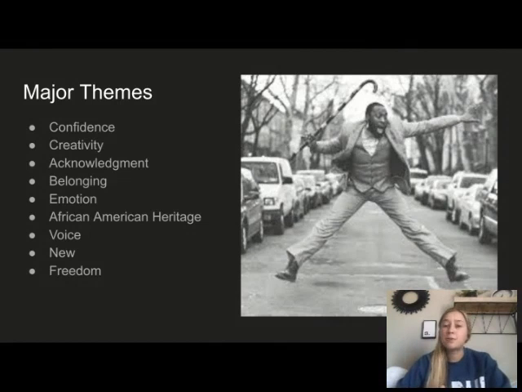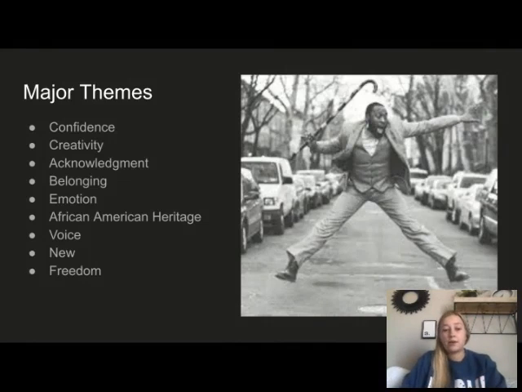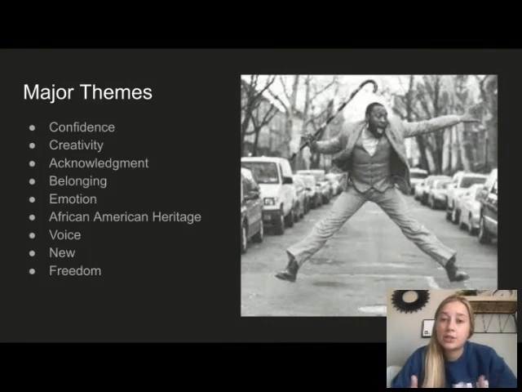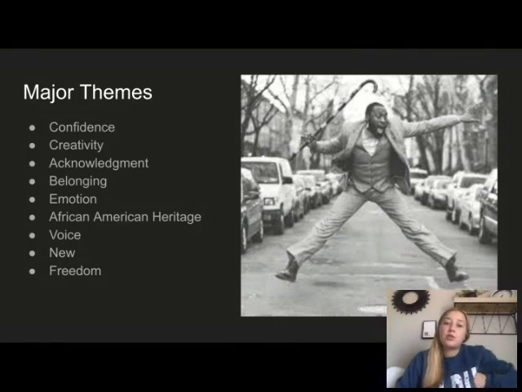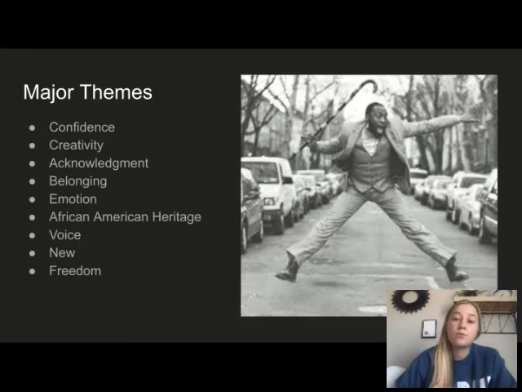Emotion, because they were putting emotion behind their art. They were being vulnerable. They were speaking their truth. African American heritage, because this whole Renaissance was based around what was going on with African Americans in the nation during that time, and them speaking their truths. Voice, because they finally had a platform to show their work and to publish their novels and